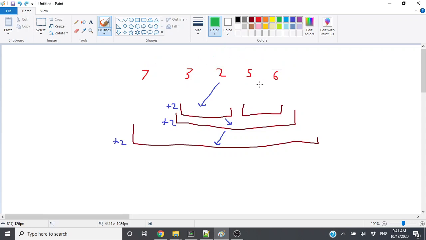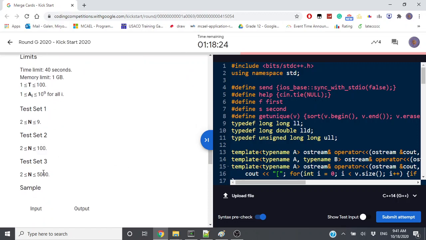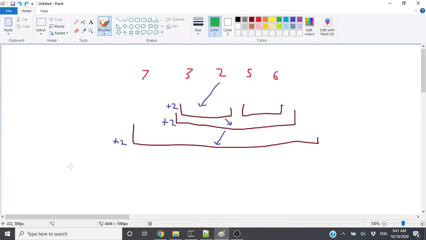Okay, now this becomes easier now. Actually, I'm kind of interested, how did you get the second subtask? What was the second subtask? It was 100. How did you get that but not the third one? Maybe some n cubed thing or something? Okay, but